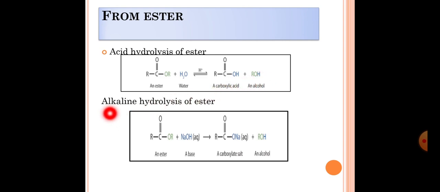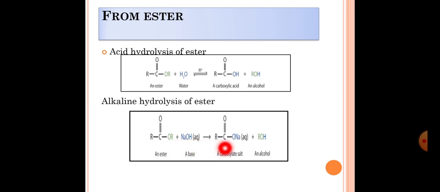Now, second, you can observe alkaline hydrolysis of ester. In the first reaction we saw acid hydrolysis, now we have to see alkaline hydrolysis. Alkaline hydrolysis means a basic medium is there, and we are going to take NaOH. Okay, as an example for the base and the alkaline medium we are taking NaOH here. So what will be the reaction? You can see the ester group first, R C double bond O OR. What is this? Ester plus NaOH. This is alkaline hydrolysis, so we used a base.